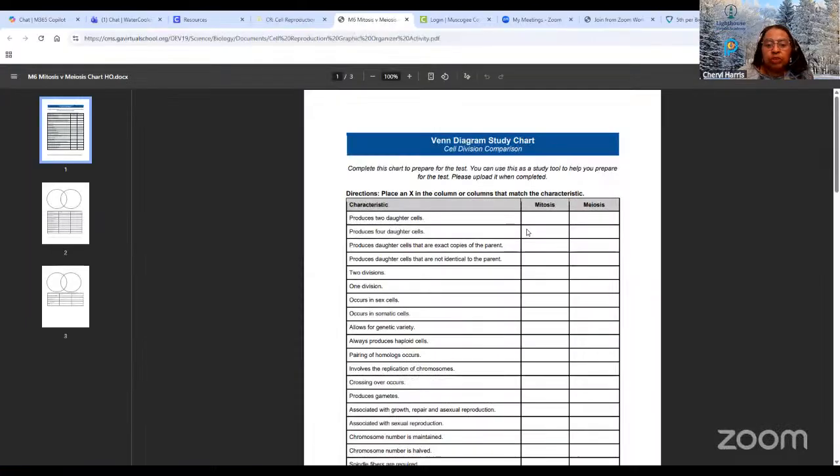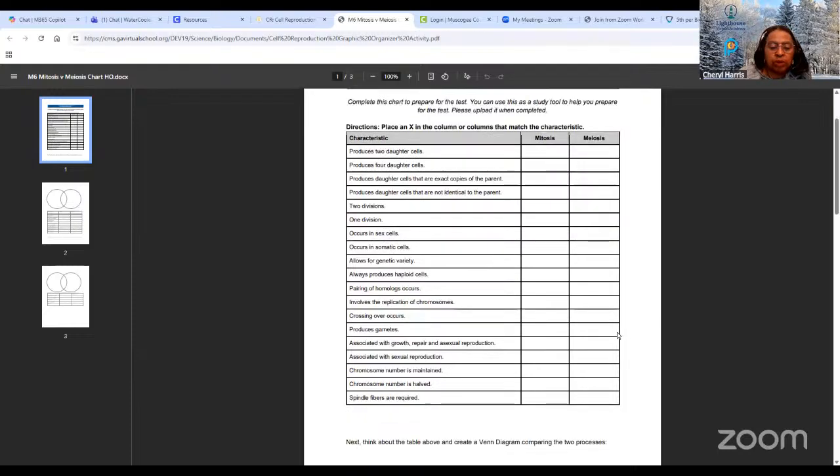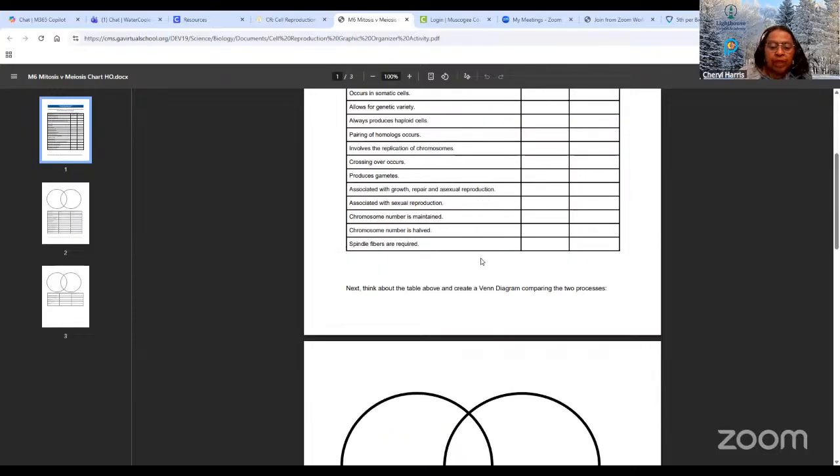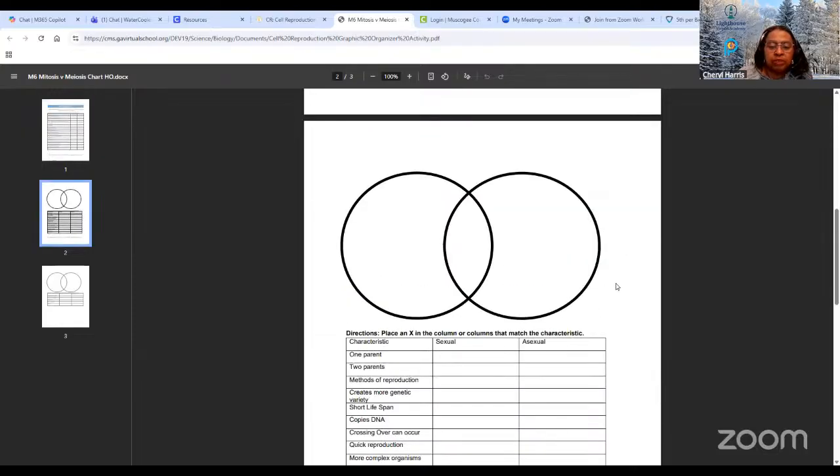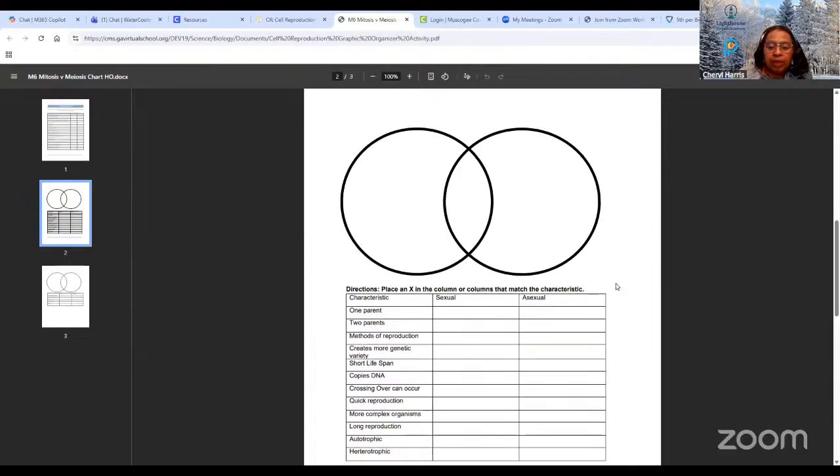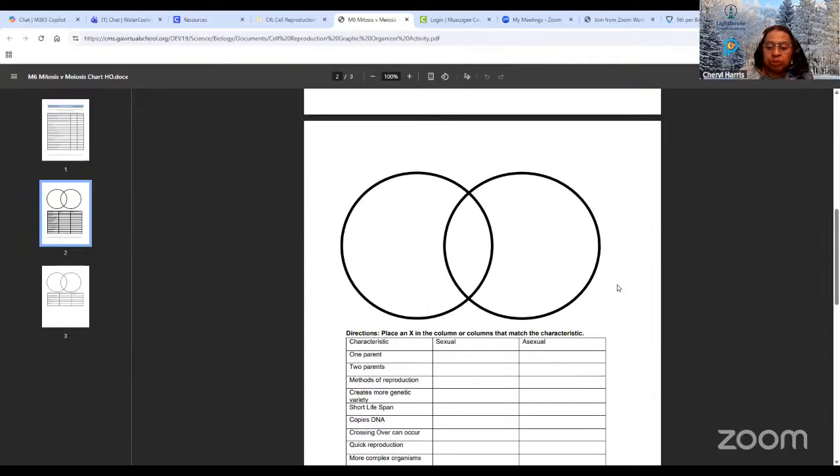All right. So what you want to do again is compare mitosis and meiosis. So use those review sheets that you have and look at what's going on between those 2 activities, and just put an X in the column as to what's going on and what's not going on. And then you want to complete the Venn diagram for sexual and asexual reproduction.